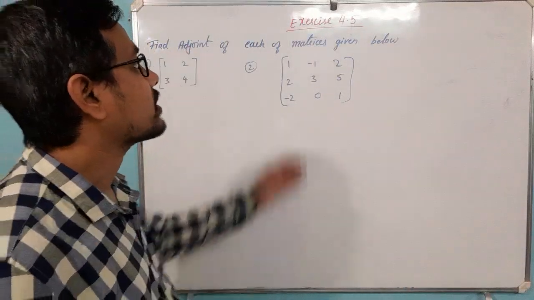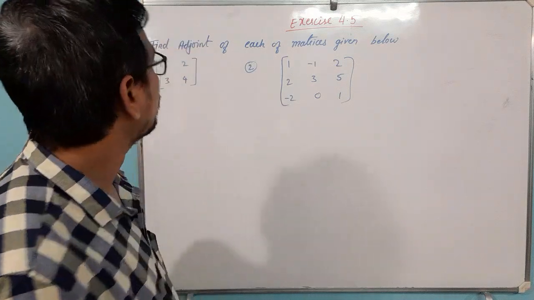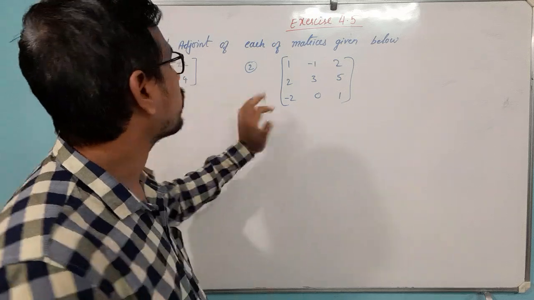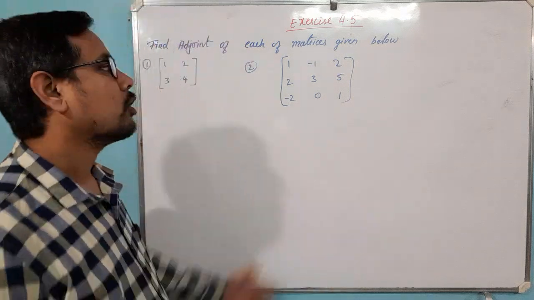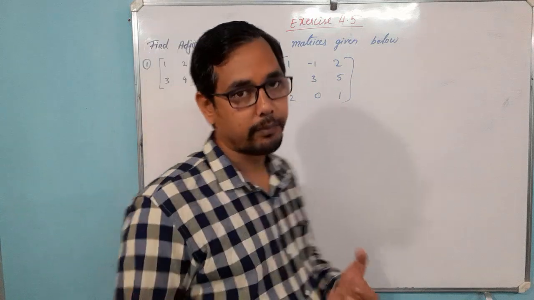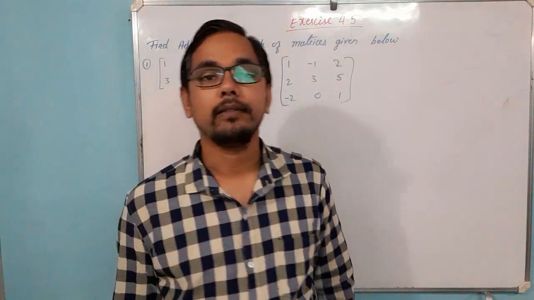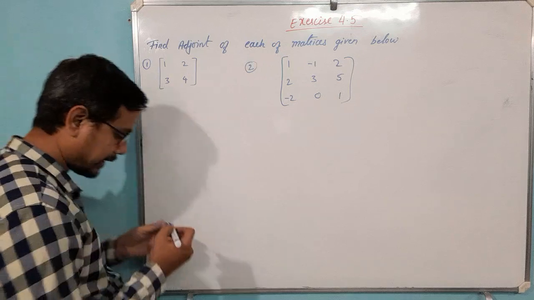So in today's session, let's start with exercise 4.5. Okay, so what is the first part of that? In the first two questions we need to find the adjoint of the given matrices. Already we have found the adjoint of many matrices. This is not a difficult task, right? So let's try to do it. Okay, the first one is very simple. Directly you can write the adjoint.